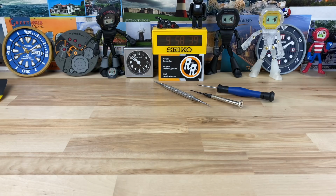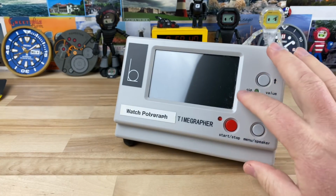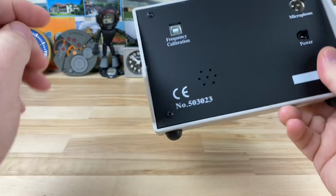All right, so we've done some really good affordable stuff. Let's take it up a notch real quick. The Timegrapher. Now this is something, there's some entry-level ones. This one's a little bit step above. I don't know if that's the number you look up, but like I said,